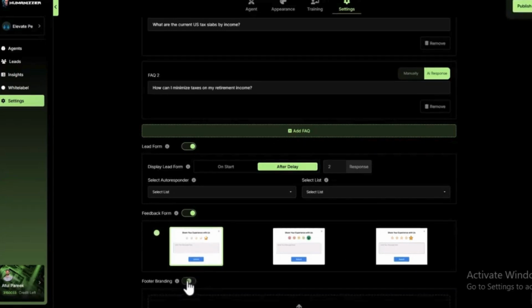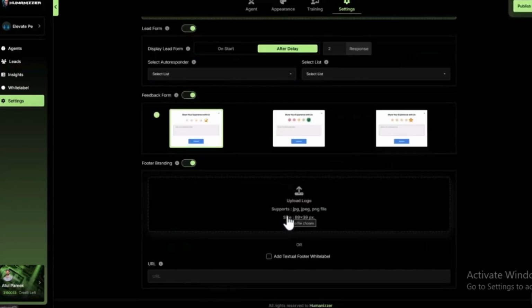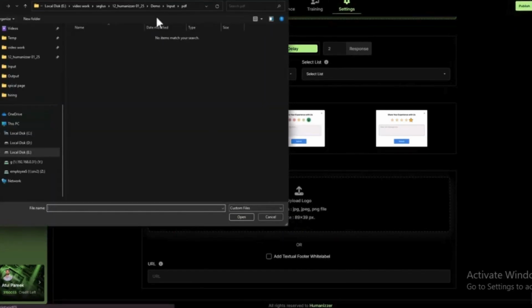Next, let's talk about branding. At the footer of your agent, you'll see the default Powered by Humanizer logo. You have the option to replace this logo with your own custom branding to make it uniquely yours, or enter your business